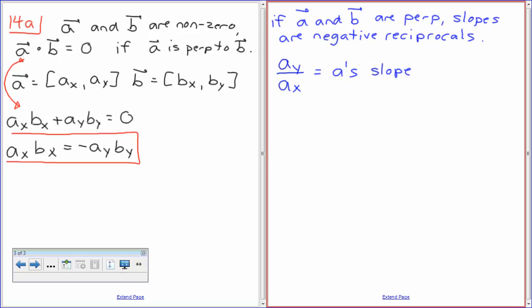Okay, now we said that B's slope has to be the negative reciprocal. How would I get the negative reciprocal of that? Any idea? AY over, yeah, what's the negative reciprocal of that going to be? It's okay, it's all right. Yeah, go ahead, Teresa. Just use AX over AY? Close. Negative AX over AY. So therefore, B's slope